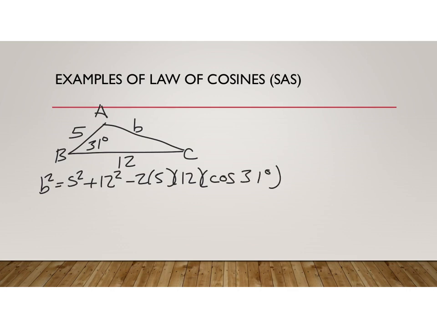And if I put that all in my calculator, 5 squared plus 12 squared minus 2 times 5 times 12 times the cosine of 31, I get